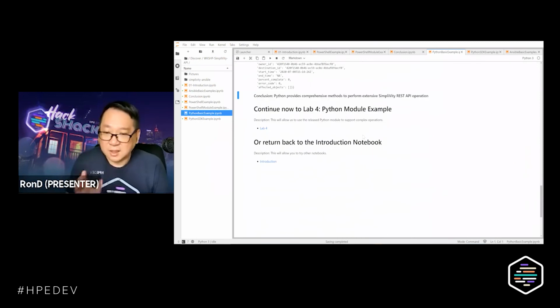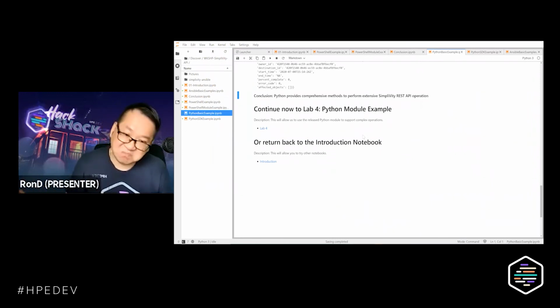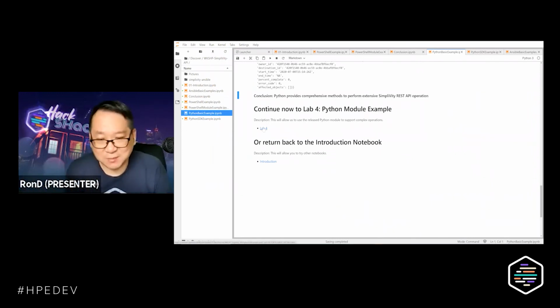So what are the conclusions that we learn? We also have another way of doing the REST API, and this is actually what we showed you in the very basic method. Do you want to do this for your automation? I doubt it. Let's go to lab number 4.